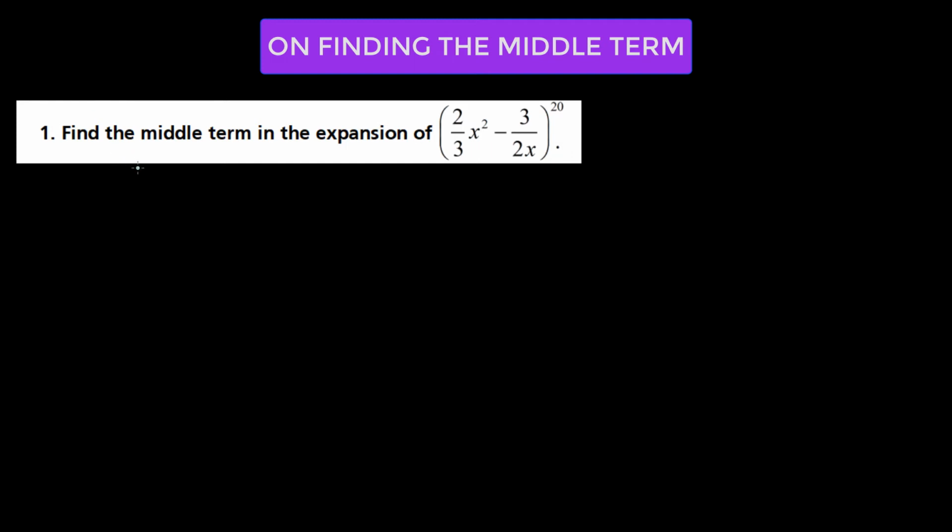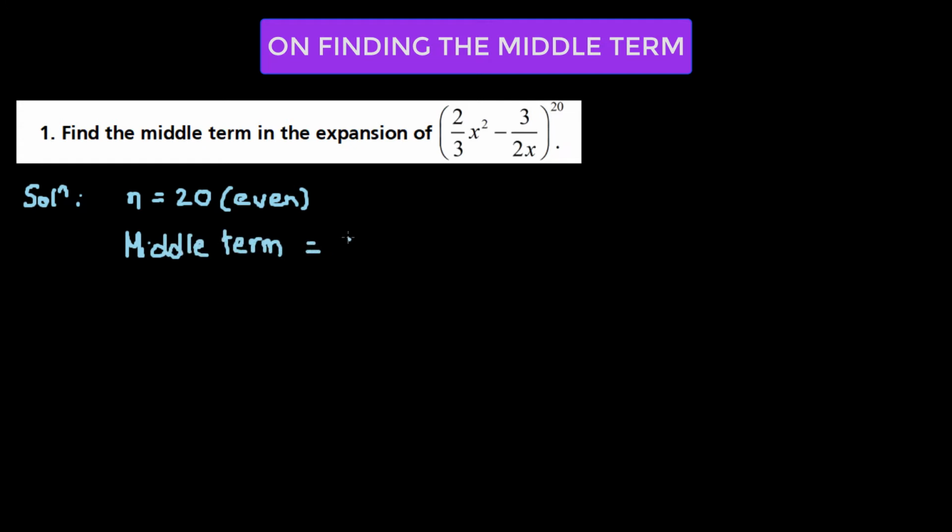In this question, we have to find out the middle term for the given binomial expression. So here we see that the value of the index n is 20, which is an even number. Now, for n even, the middle term will be given by the formula. The middle term